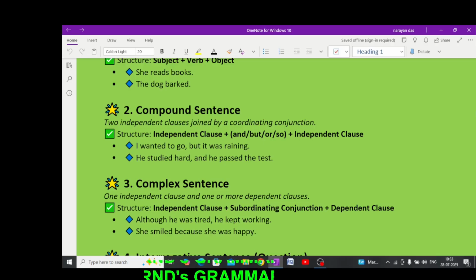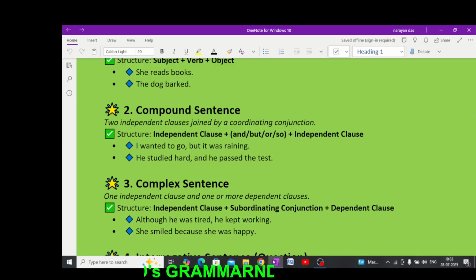Now we have compound sentence or compound sentence structure. Two independent clauses joined by a coordinating conjunction. So, a compound sentence is a combination of two independent sentences joined by conjunctions which are coordinating, such as and, but, or, so, etc. And you have learned already, I have discussed conjunctions. So, the example sentences are: